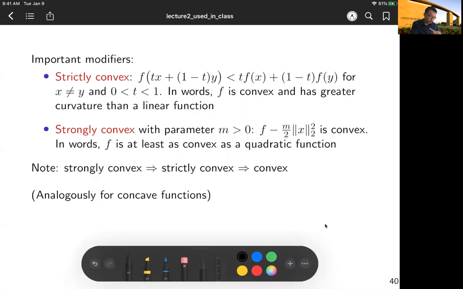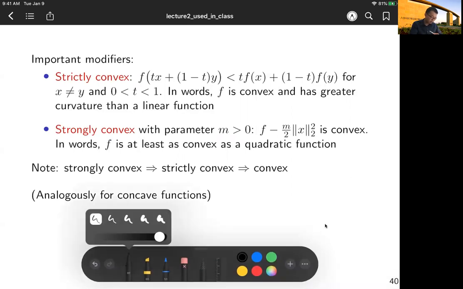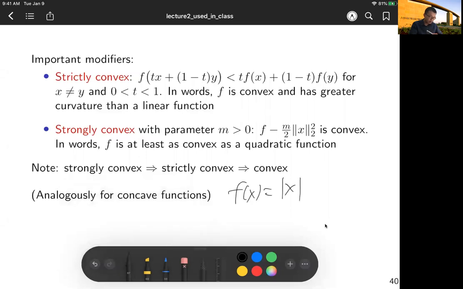So just to give a few examples of a convex function, strongly convex function, and strictly convex functions. So think about the univariate function absolute value. So this function is clearly convex. If you look at the shape of it, it looks like this. So this function is convex, but not strictly convex, because if you take 2 points here, x and y, and the linear interpolation at the middle we'll have this equal sign rather than strictly smaller than,